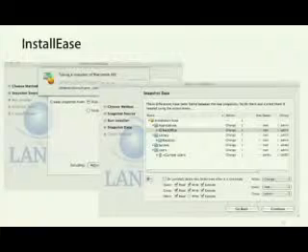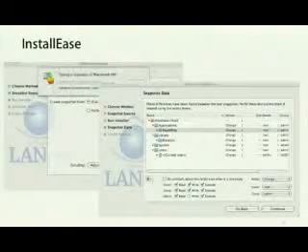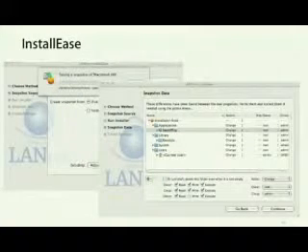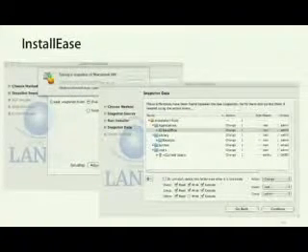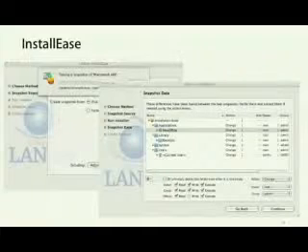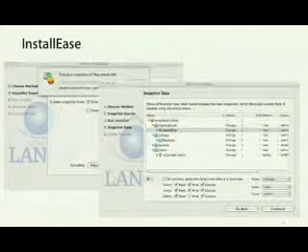The next you'll see is the initial snapshot being made. I'm taking a snapshot of the entire disk, Macintosh HD, and you'll see it's going through there. And then what you do is after you do the initial snapshot, you install the software that you want to install. You tweak the preference files that you want to tweak, and you do everything you need to do, and then you run InstallEase again, and you take a second snapshot,